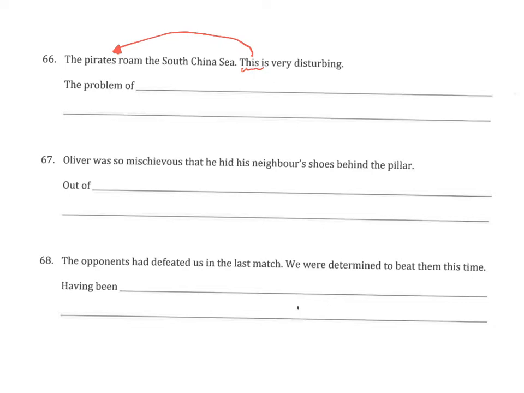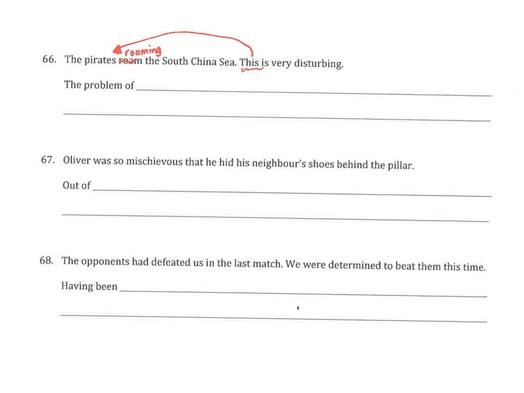Okay, so very interesting now. So what is the problem? The problem is that pirates are roaming the South China Sea, right? Okay, so I'm just going to go ahead and change this word to roaming. Because, remember, I'm changing from a verb, roam, to a kind of like a noun, functioning as a noun phrase, roaming, all right? So the problem of,